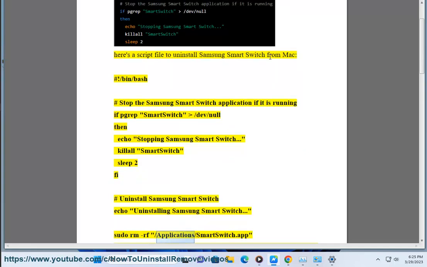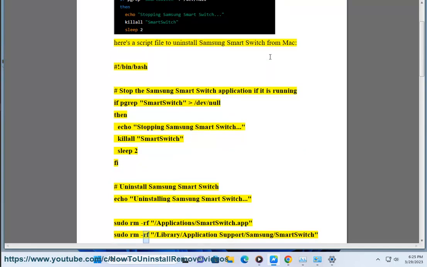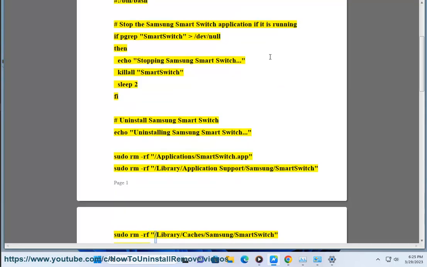sudo rm -rf /Applications/SmartSwitch.app sudo rm -rf /Library/Application Support/Samsung/SmartSwitch sudo rm -rf /Library/Caches/Samsung/SmartSwitch